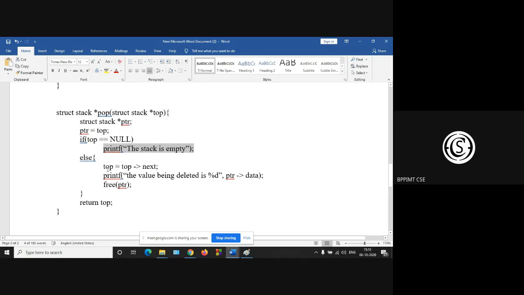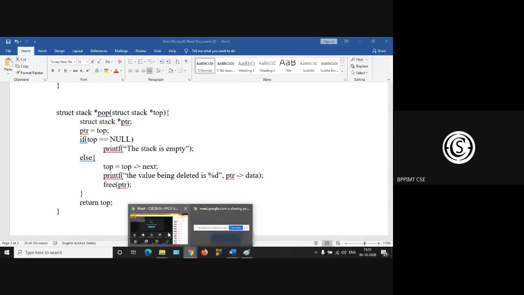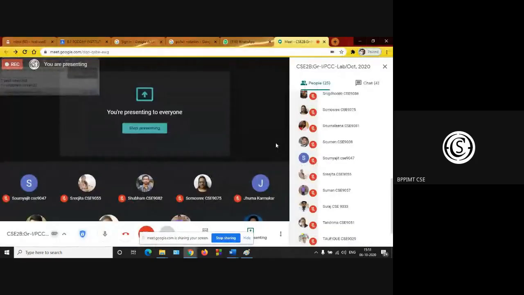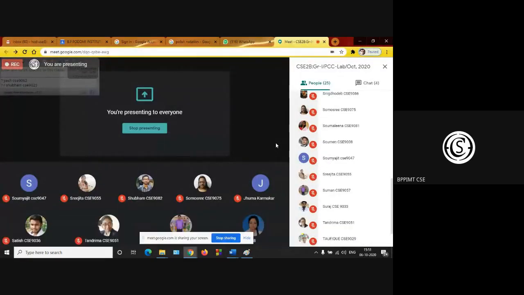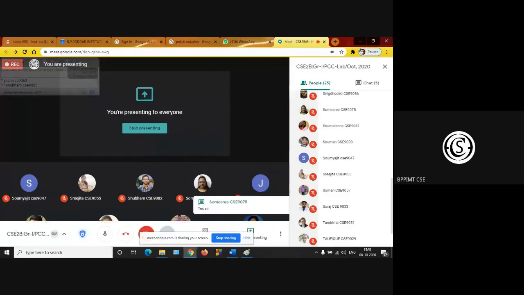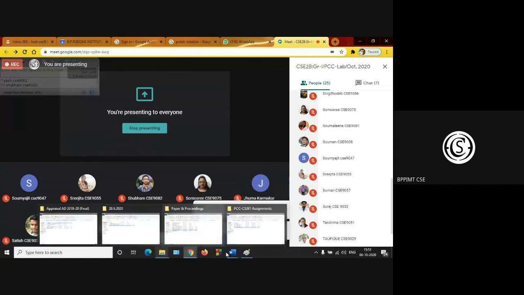Otherwise, your top is top next and print the ptr data. Okay. And finally, free the pointer ptr, the temporary pointer. Is it clear to you? Is it clear? Okay.